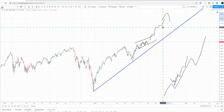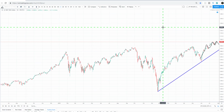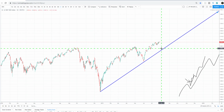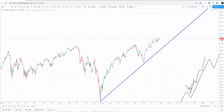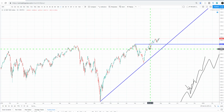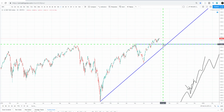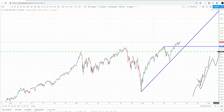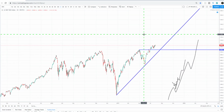If it doesn't do that, then we're basically looking for a pullback towards this trend line here. But you know, the market does not necessarily give everyone a chance to jump on, and obviously that would be a key resistance level that it's going to pull back to. So if it does pull back, you need to be ready, but ultimately we are going to go higher, and